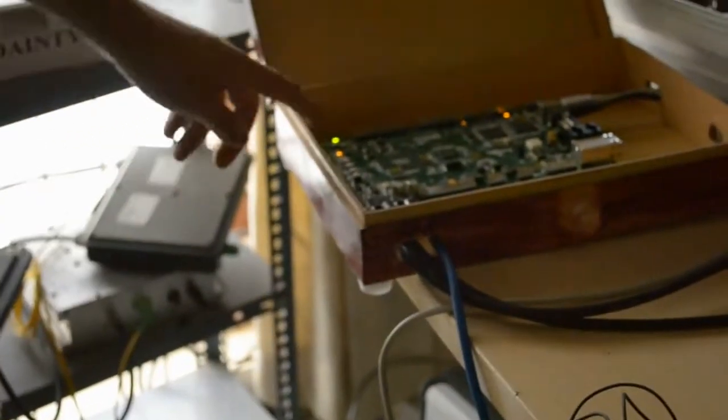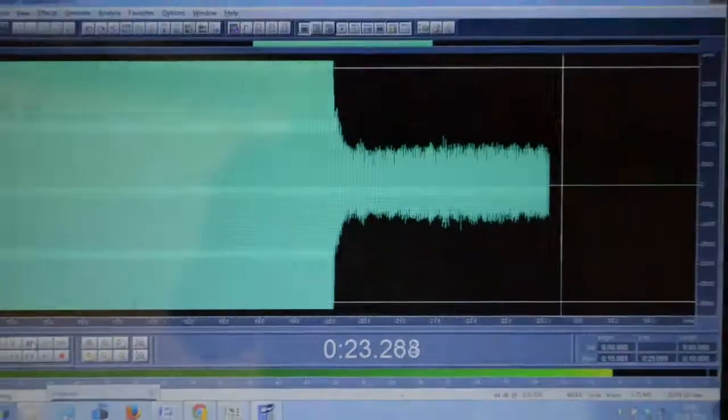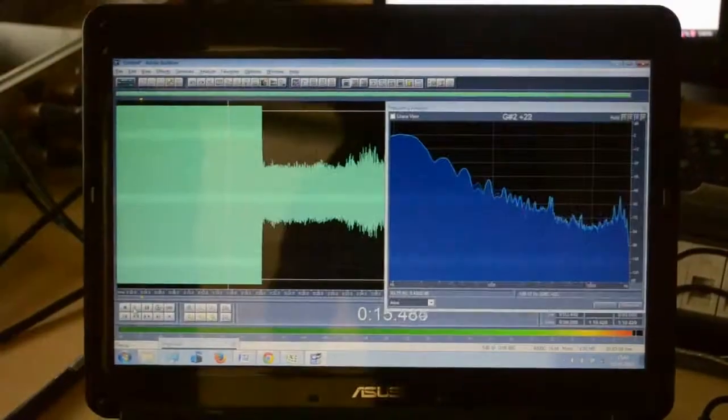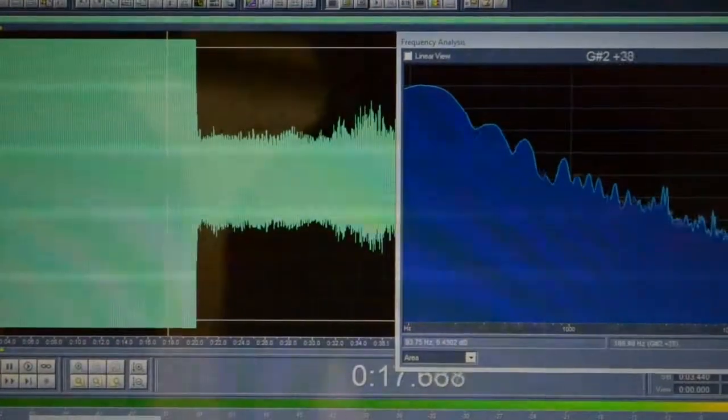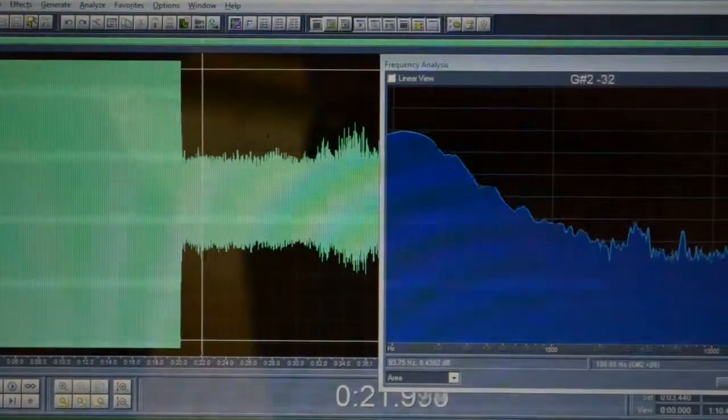Now if I have to switch to the active noise cancellation mode, we have to press push button 2, and this is indicated by LED 2, which is glowing. It goes to the noise cancellation mode and we see that there is a 10 dB decrease in the noise. Hence this shows that the algorithm is able to attenuate a tonal noise of 100 Hz by 10 dB.